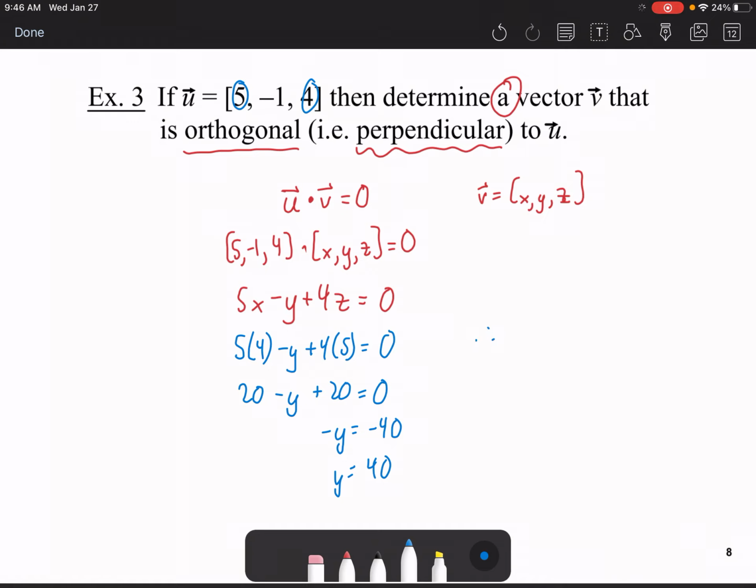So one possible vector is the vector 4, 40, and 5. This will make nice numbers and not have to deal with fractions, especially if you use numbers that are already here. Another possible one,